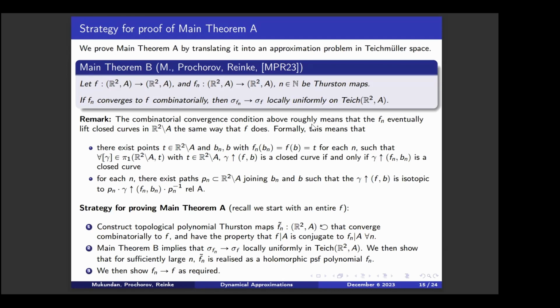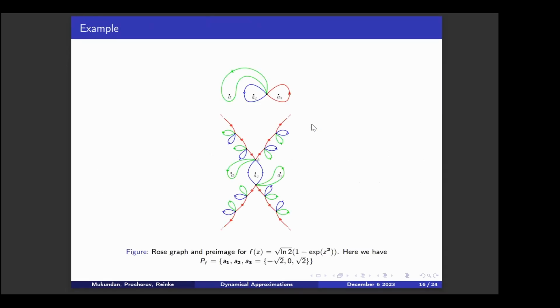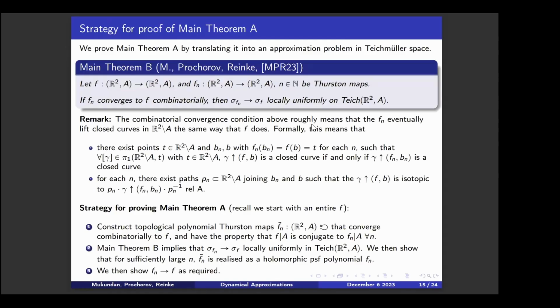Okay, so what is the strategy for proving main theorem A? The first step is what I just said. You construct topological polynomial Thurston maps, called Fn tilde, that converge combinatorially to F. So firstly, you construct a sequence that has combinatorial convergence. One way to do this is to restrict this big graph to subgraphs. And they also need to have the property that F restricted to A is conjugate to Fn restricted to A